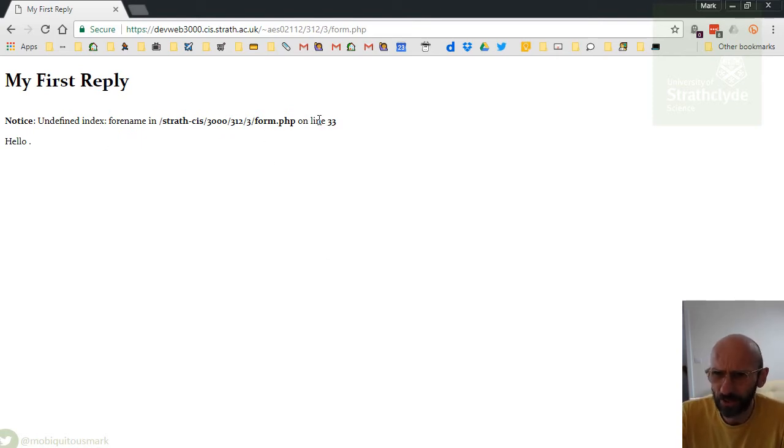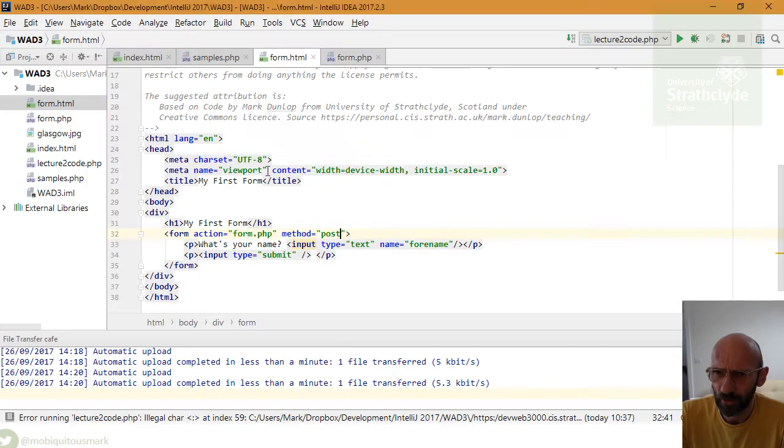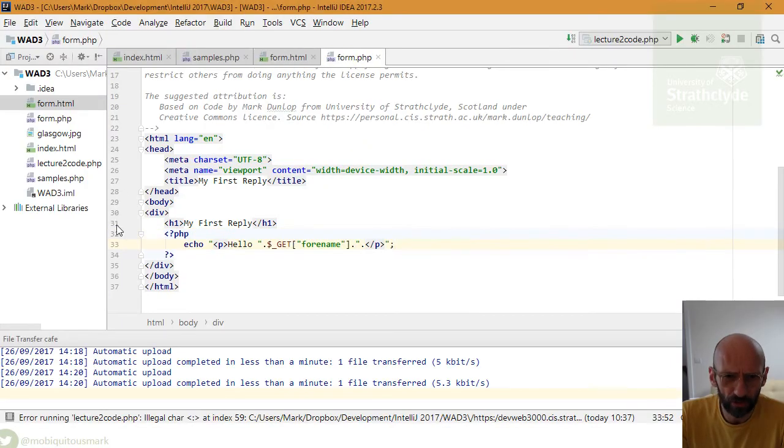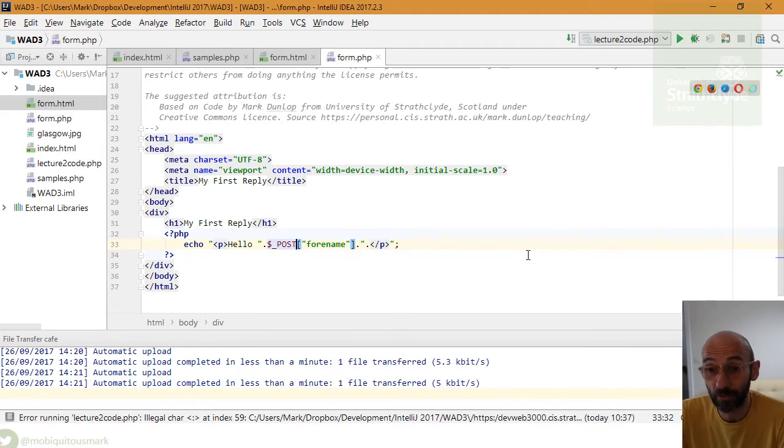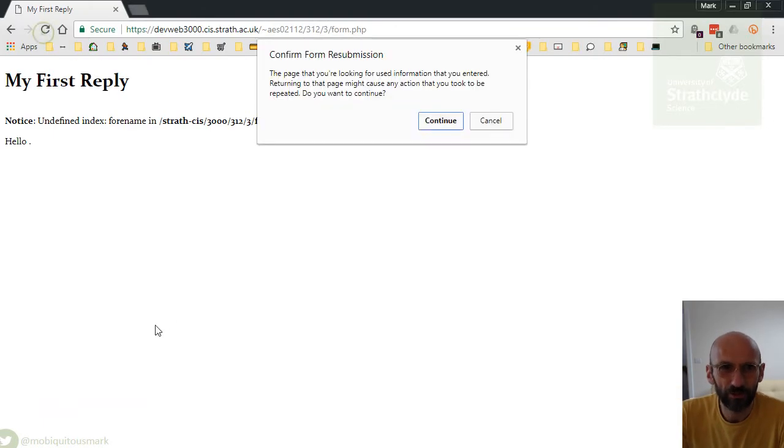And we've got an error on line 33 of our PHP. So we come back here, we go to the form, we can go to line 33. Oh yeah, need to change this. There's a separate associative array for post variables. Now if I refresh the page,